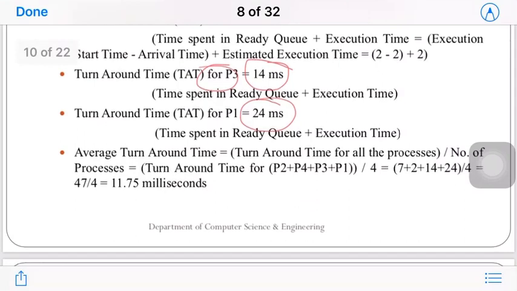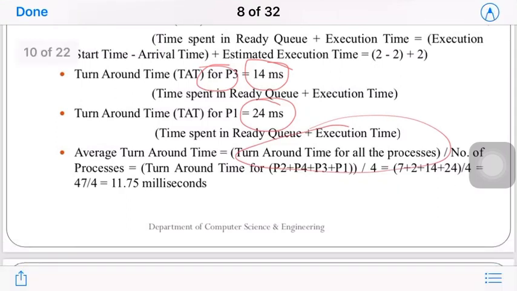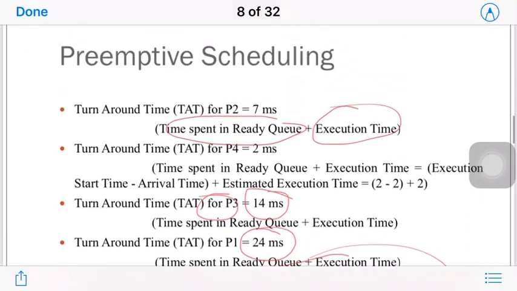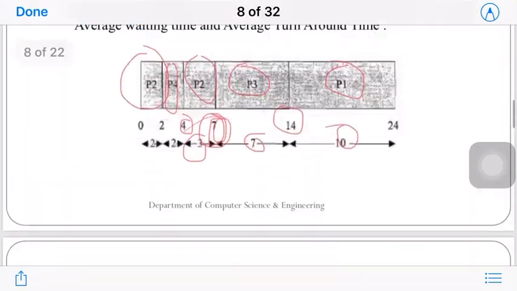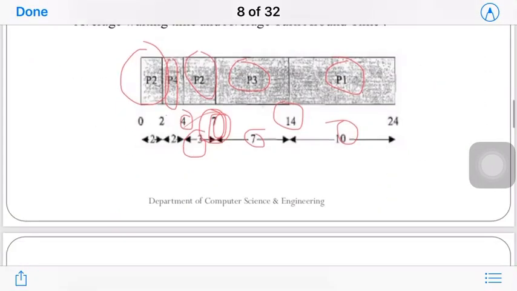So the average is the total turnaround time of all the processes divided by the number of processes. We got 47 by 4, which is 11.75 milliseconds. So this is how we calculated the average turnaround time and the average waiting time for preemptive SJF scheduling, preemptive SJF, shortest